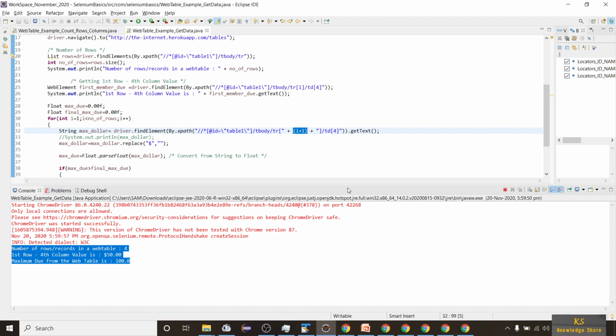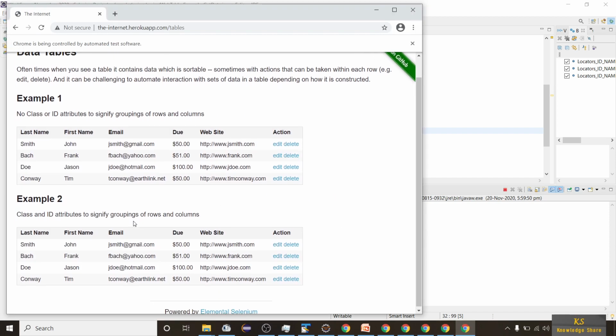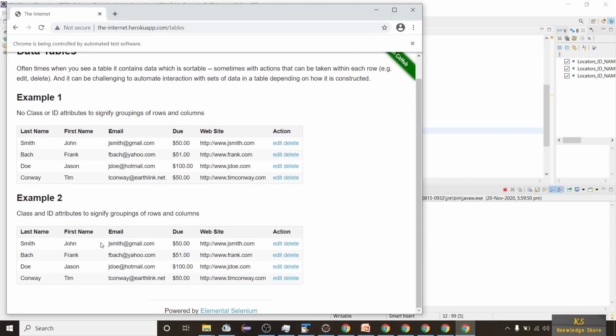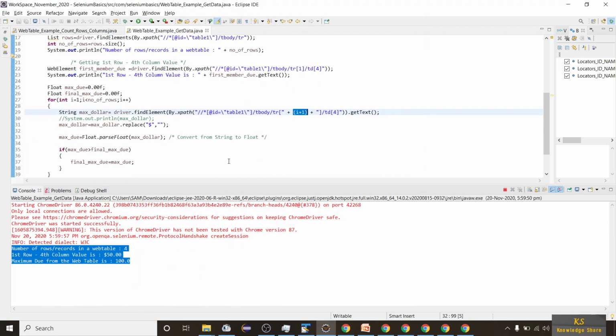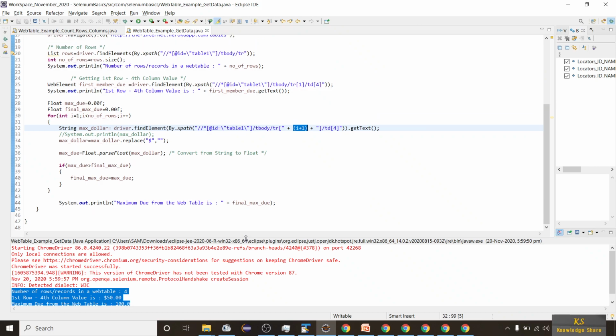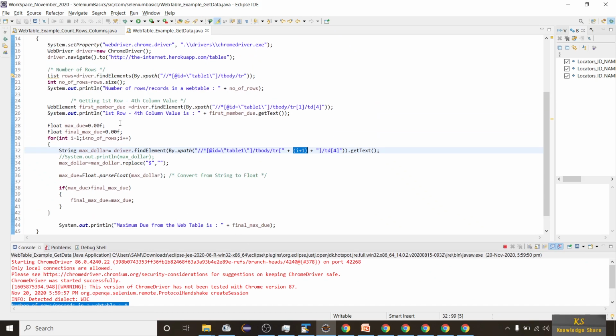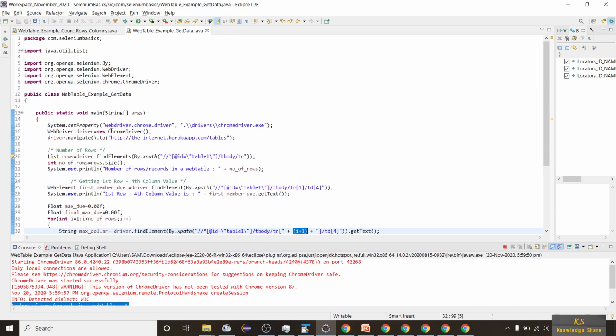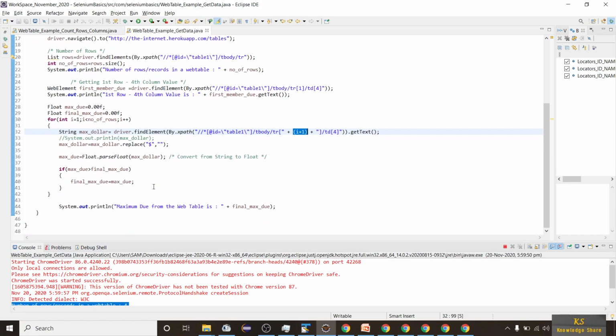This is a very important concept. I request you to take some other example here and practice with this code, so that it will help you with your automation work in real time. Okay, I'll be pasting this code into the description box, and also I'll be giving the GitHub repository where you can import your project for practice examples.